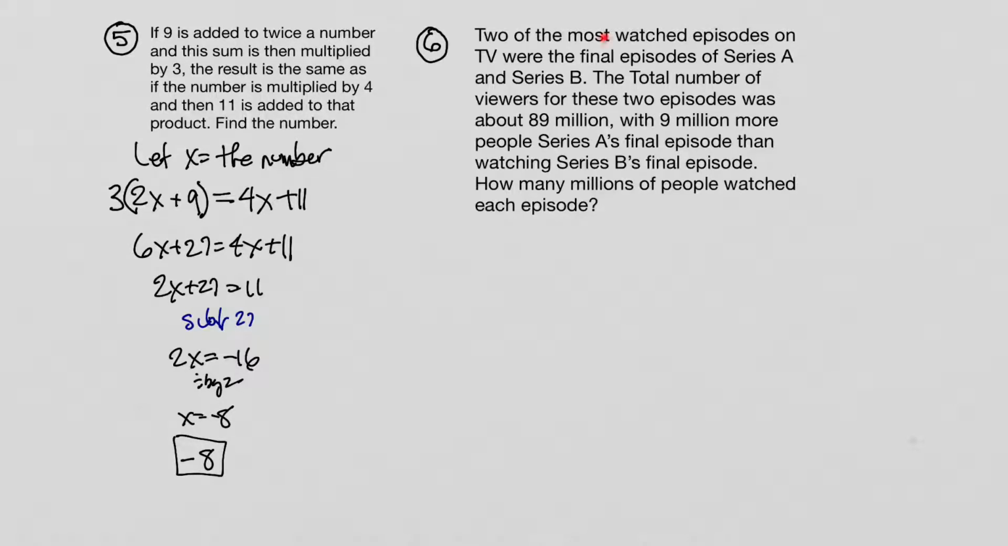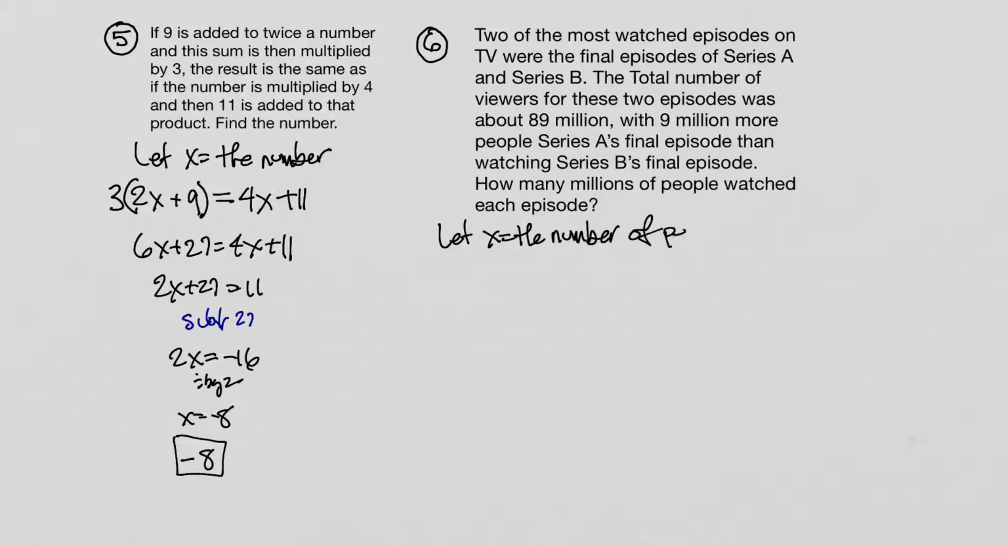Number 6 is a little bit longer than what we've seen before, but let's see what we can do with it. As we skim through here, we see that it's just a numbers problem, right? How many people are watching this? How many people are watching that? And I go to the end, it says how many people are watching each episode. All right, so we have 2 series, A and B. So we're going to let x equal one of these. So why don't we do this? Let x equal the number